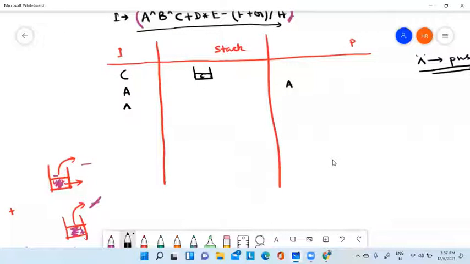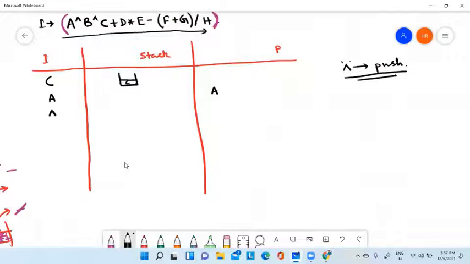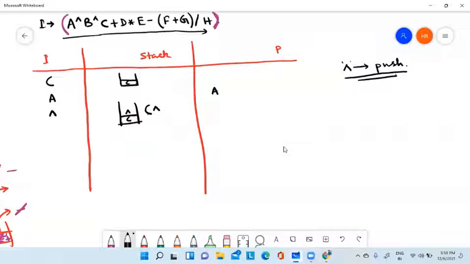Okay, so this thing you have to remember, otherwise it will give you a wrong answer. Since this is a to the power operator, according to the algorithm, we have to push it into the stack. So in the stack there is already one parenthesis, then the to the power is coming. If I write this expression in the stack in vertical manner, it will take much more space. So generally we will write it in horizontal way, like this: first this one, then this one. In the rest of the algorithm, we will write it in this horizontal form. So next B. Okay, so I have done this, now B.